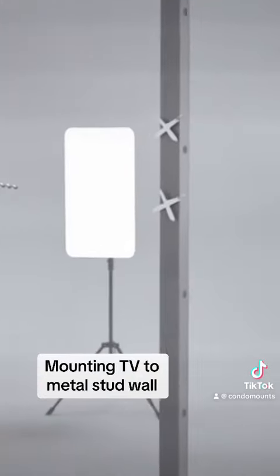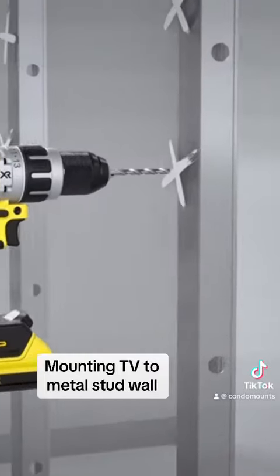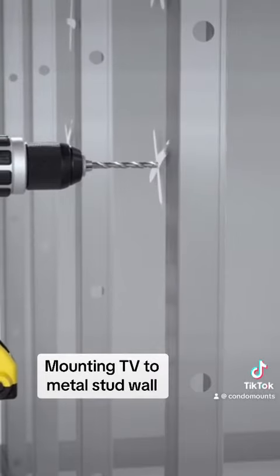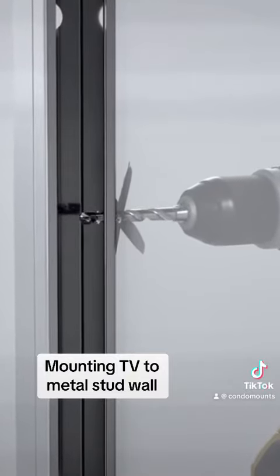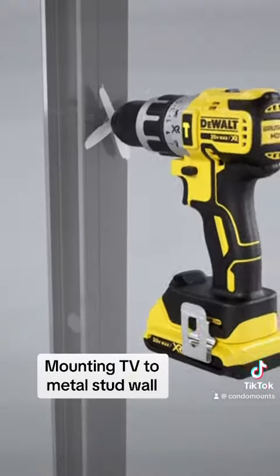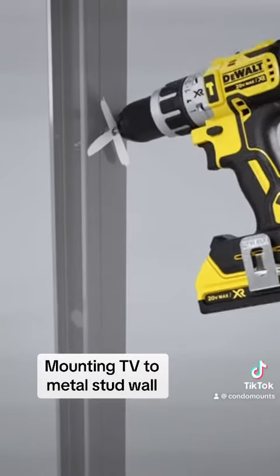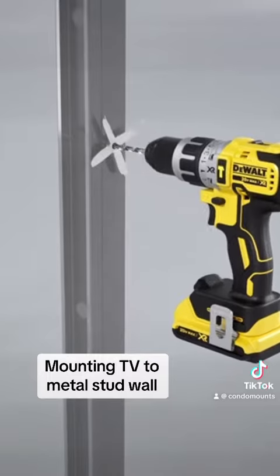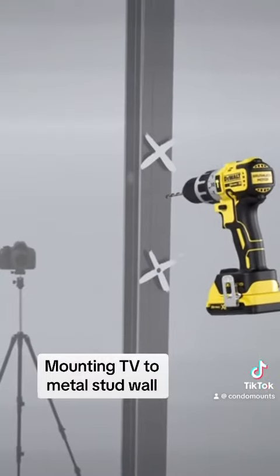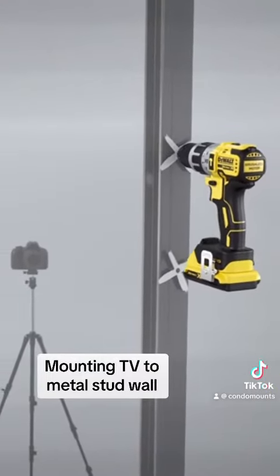Once that's done, you want to mark your TV mount holes, and then you want to drill that hole through your drywall, through the metal stud, just on one side. Do not pierce into the other side. Make a nice half-inch hole, clean and nice, so that you don't have trouble inserting the elephant anchors later on